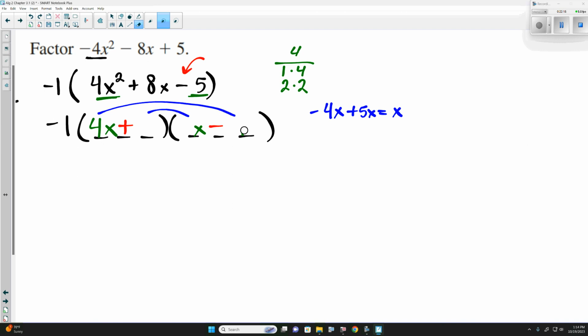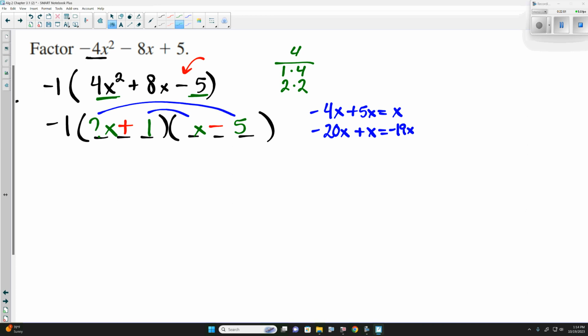We can flip the 5 and 1. Or 4x times negative 5 is negative 20x. 1 times x is plus x, which gives us negative 19x. Is that the middle term we wanted? Is there any other way we can write this with 4 and 1 with our x's? No. So we need to switch the 4 and 1 to 2